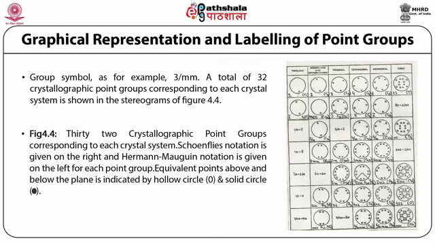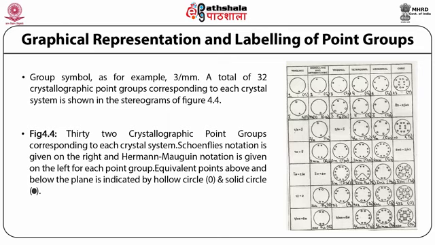The trigonal system in the Hermann-Mauguin system is represented by 3 here. The graphical representation is also shown in this column, and the Schoenflies notation on the right is represented as C subscript 3. Then for tetragonal, the graphical representation is given, and the Hermann-Mauguin notation is given on the left hand side as 4, and within brackets capital C subscript 4 corresponds to the Schoenflies notation.